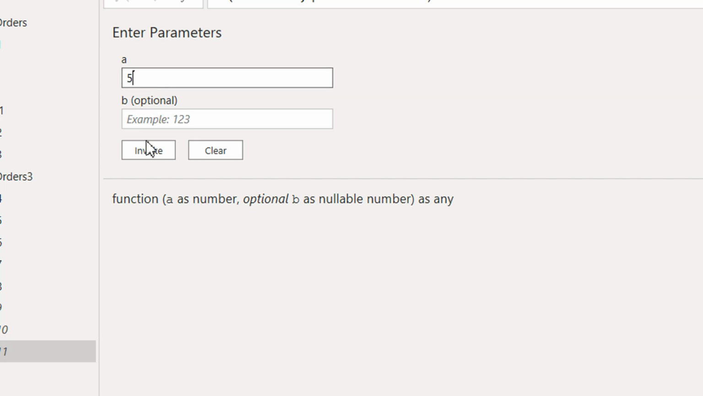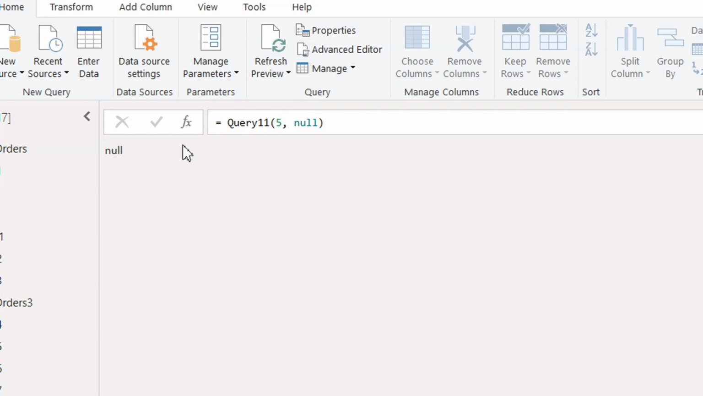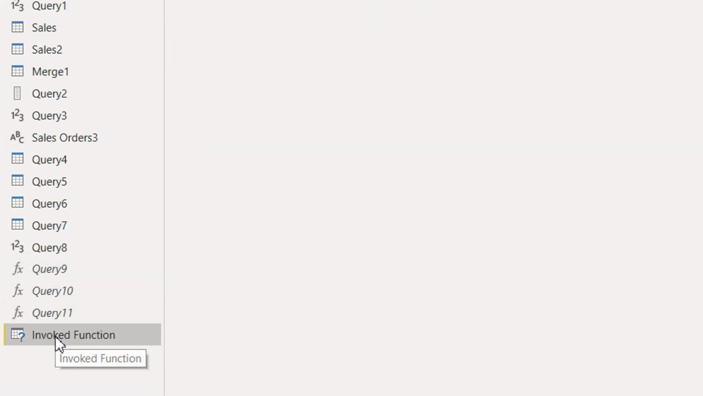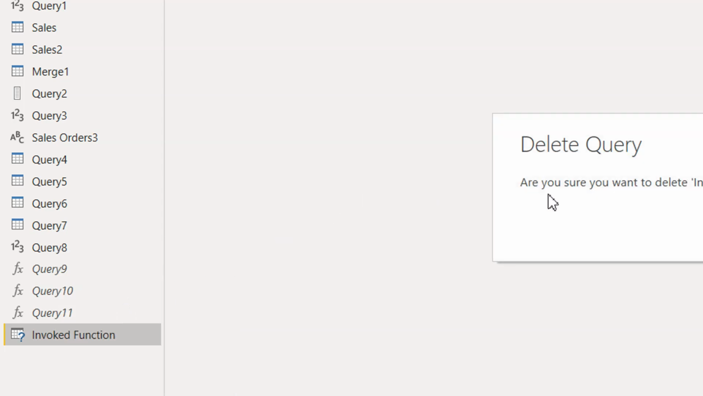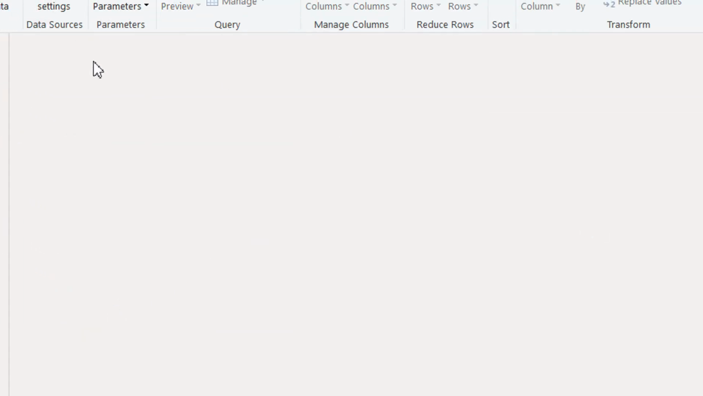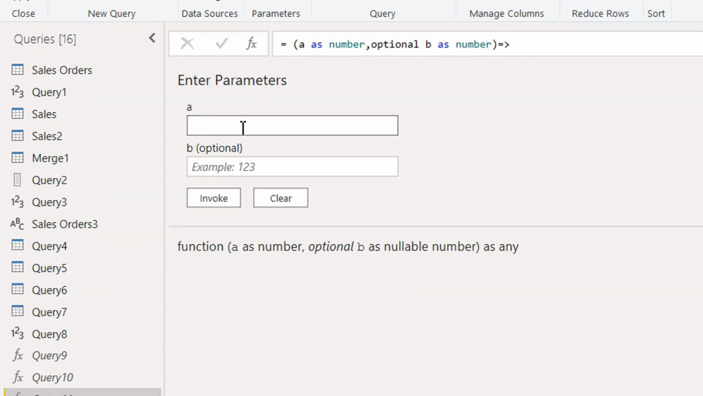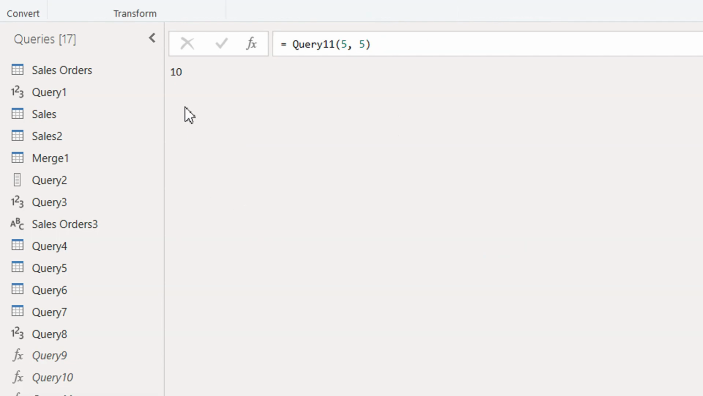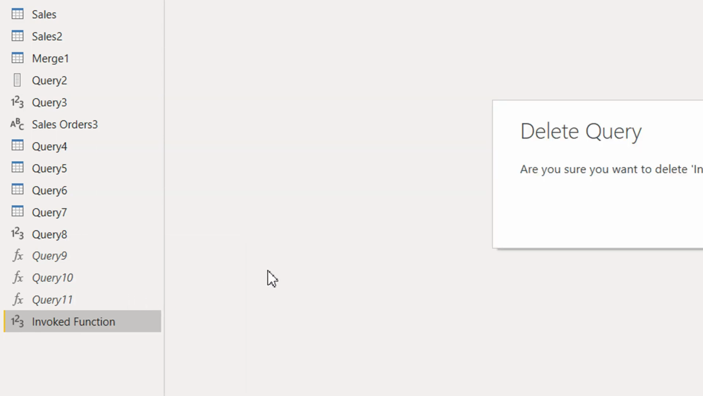If I write here 5 and click invoke, here you can see it is also working fine, because null plus anything will be null. Delete, and if I click here 5 plus 5 invoke, so it will be 10. So we need to further enhance this function. Delete,